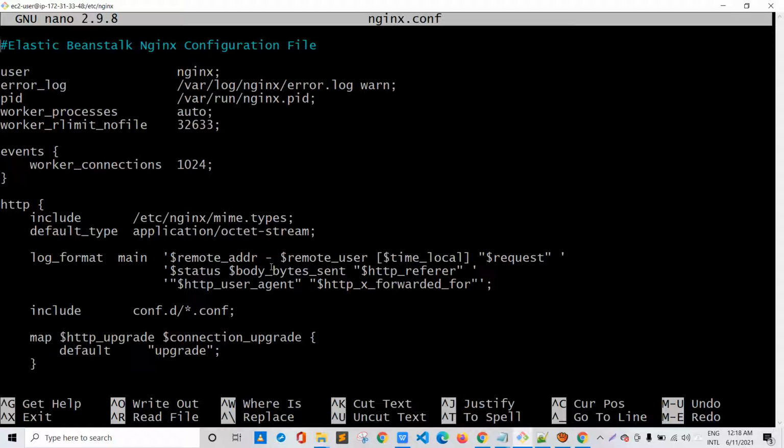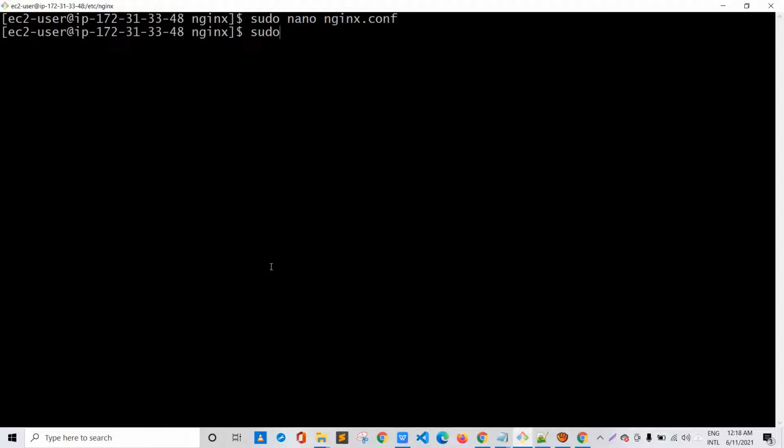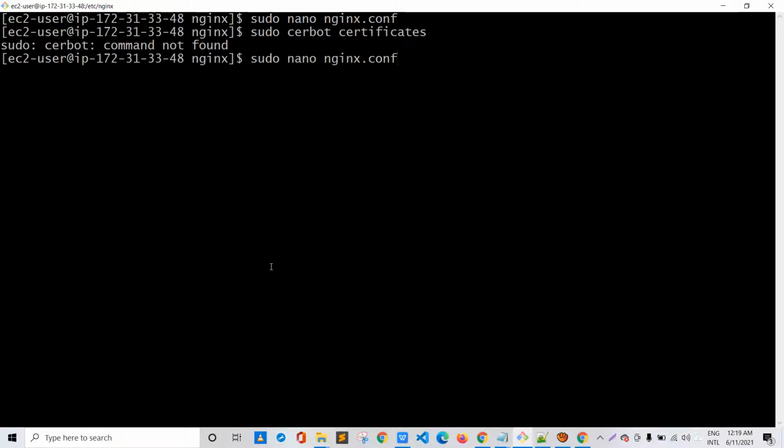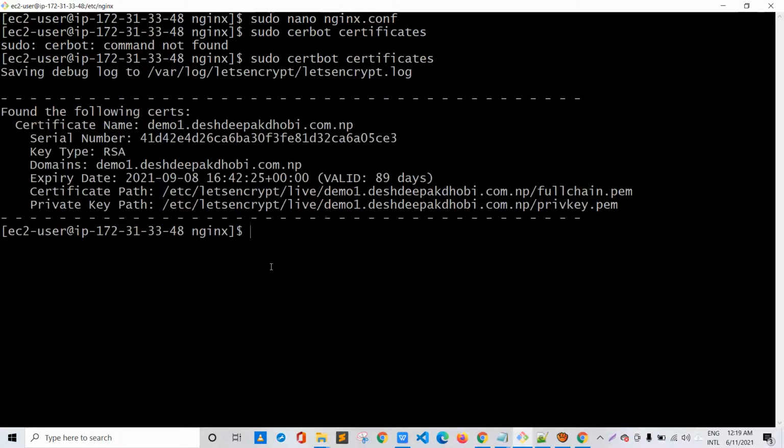So yes, this is the issue with the manual option. So if I cancel it and check sudo certbot certificates, yes, it says that a certificate is available.